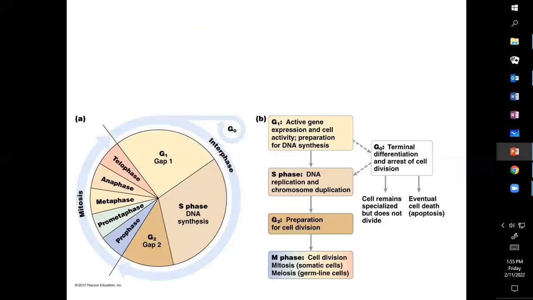Here's a depiction of the cell cycle. Notice that the bulk of the cell cycle is spent in this preparation phase, the interphase. So you can think also of interphase as sort of preparation and DNA synthesis. Gap 1, the synthesis, and then gap 2. Once these growth and replication phases are done, then we're going to move into mitosis, which is also